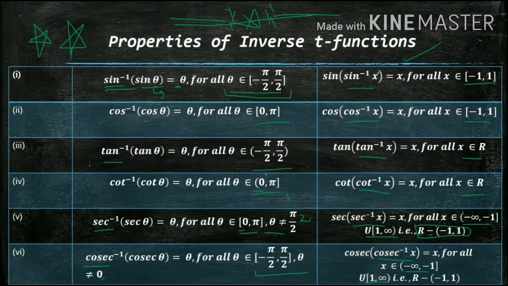Whenever any inverse trigonometric function is inside, that is valid only for the domain of that inverse trigonometric function. If it is outside, then you have to write the range of that function. And there are two differences: in the cot 0 is not included, in the sec 0 is included. Just these two differences, nothing else. Okay, so I have told you how to remember this table very easily. It's not very difficult to remember this table if you have learned the principal values table, because this is very much essential for your upcoming questions.